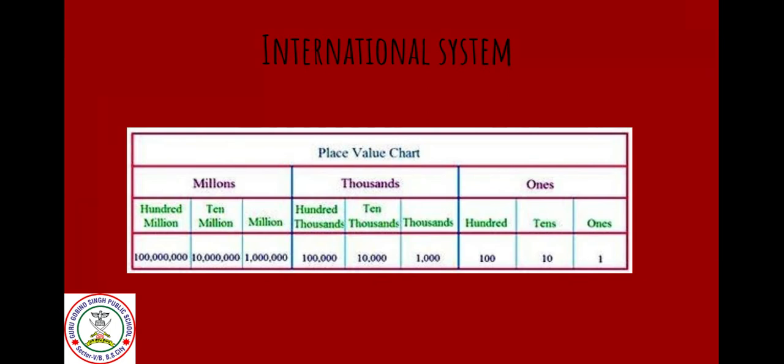The place value chart that is used in many countries of the world is called International Place Value System. It is accepted universally to understand the place value of each digit. We put the number in place value chart so that we can identify each digit with place. In this system, we start grouping the number from right in group of 3 called period, and we put comma between each period.